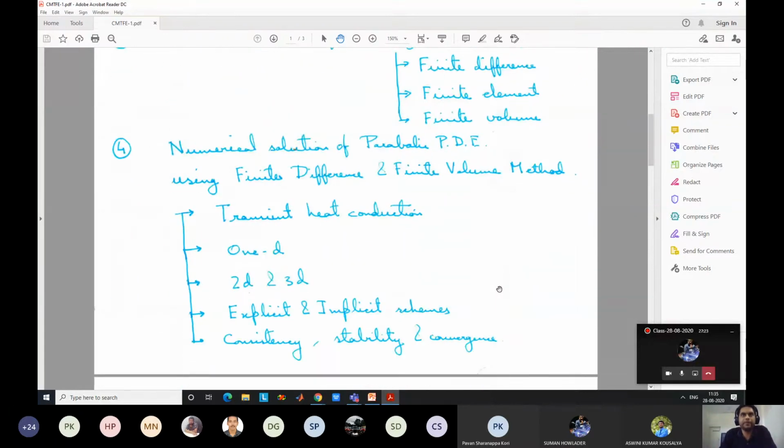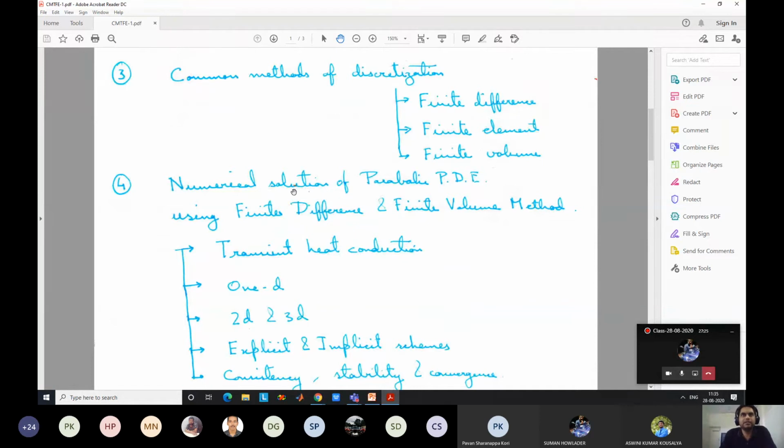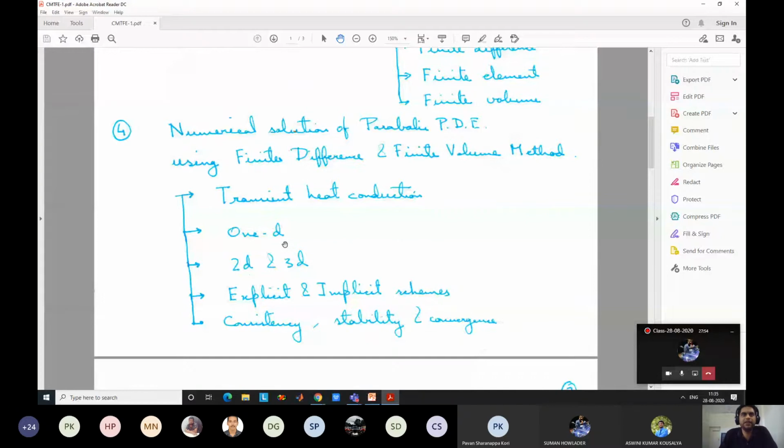And then how to do numerical solution of parabolic PDE, which is the easiest type. So we will take an example. The first example, if you consider any books, the first example that is taken is a 1D heat conduction problem. And for that we will apply finite difference first. Later we will go into finite volume method, and we will study how to discretize it in 1D, 2D and 3D. We will learn about different concepts such as explicit and implicit methods.